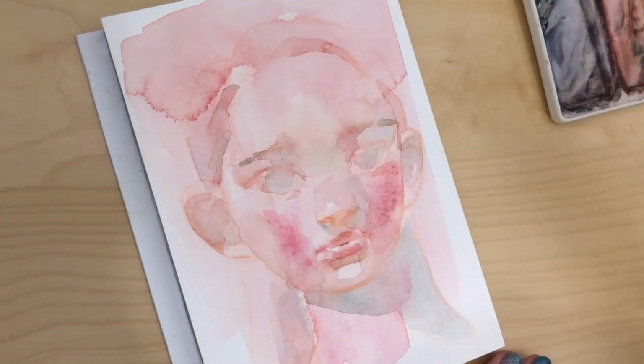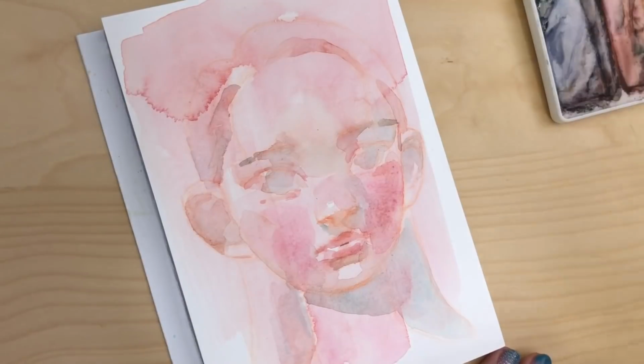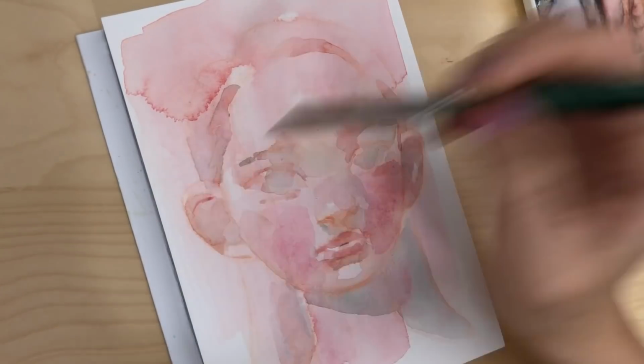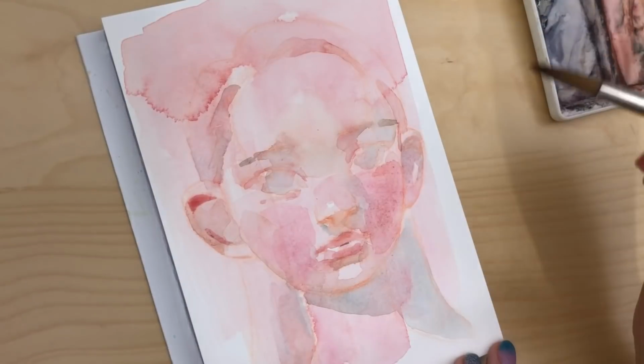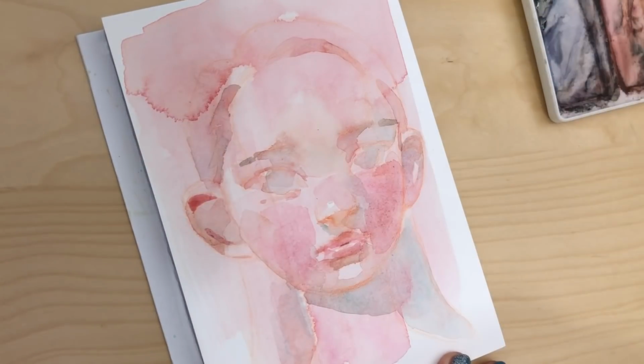I really wanted to exaggerate the features. I wanted, for some reason, the jowls to look very kind of droopy. I've been kind of really into that look lately. I don't know if people have picked up on that. And also like a double chin kind of look. You guys are probably familiar with my typical kind of look, but I've been kind of wanting to